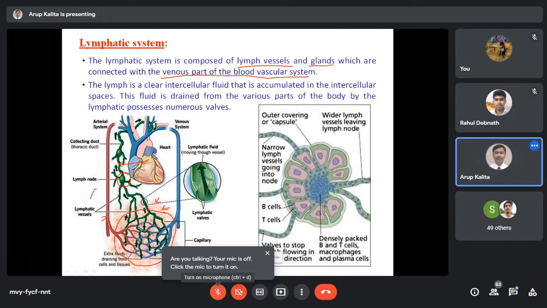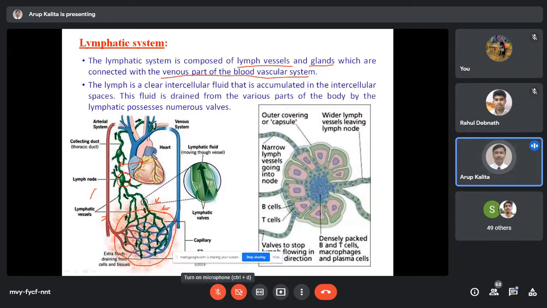Now here, the arterial capillaries and the venous capillaries unite together. For example, here you see, the red color will be converted to blue color. That means once the oxygen has been given to the tissue, the oxygen level in the arterial capillaries will be low, the carbon dioxide level will be high, and automatically it will become the venous capillaries. Now this junction is called arteriovenous anastomosis. Now venous capillaries will start from here. Already I told you, it will start from the capillaries, then form the smaller vein, then the larger vein, and the larger vein will join with the right atrium.